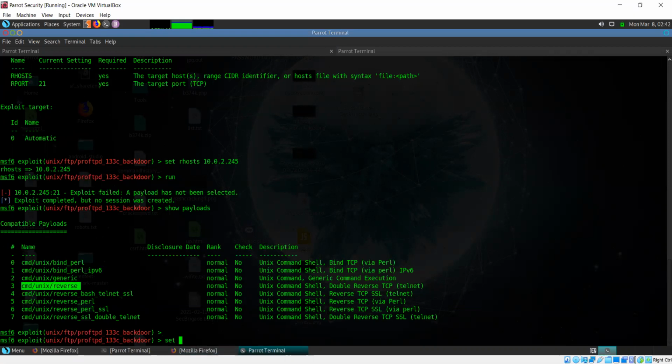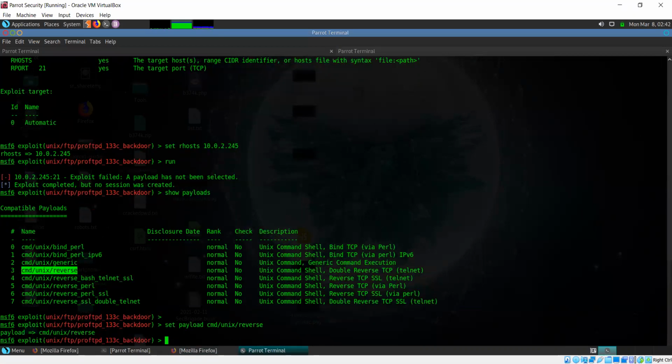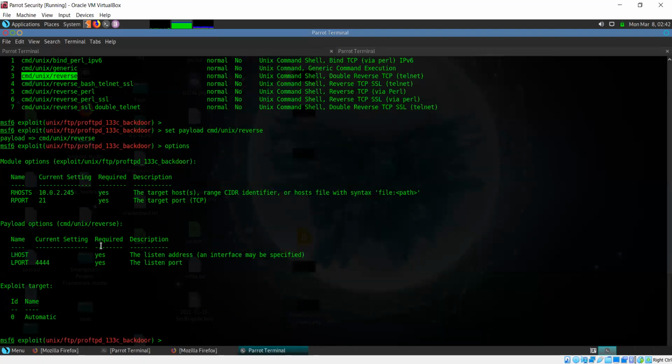So set payload, and I'll paste this. Okay, this did not get copied. And the payload has been set. Now if I run options again, the payload options will also be added.